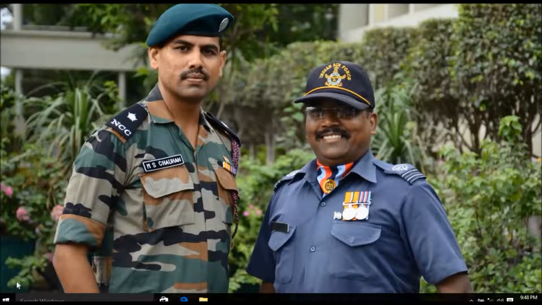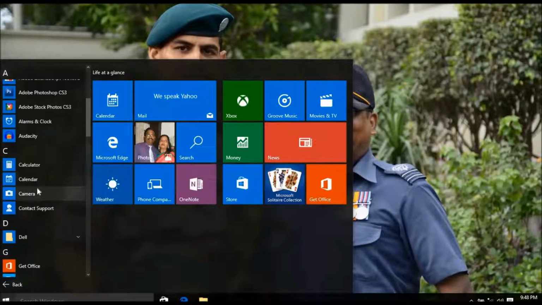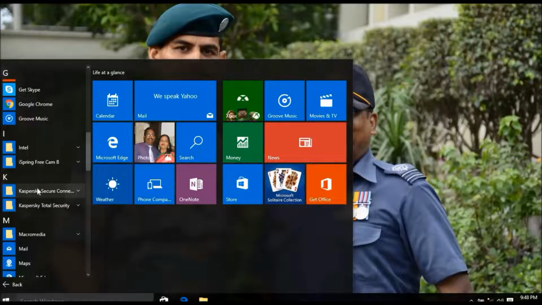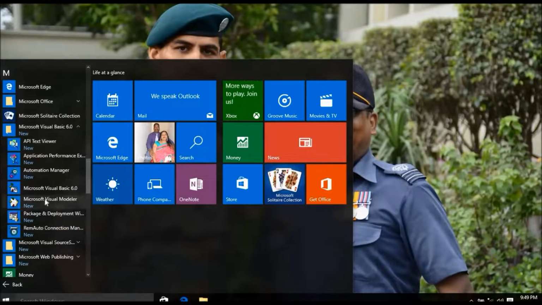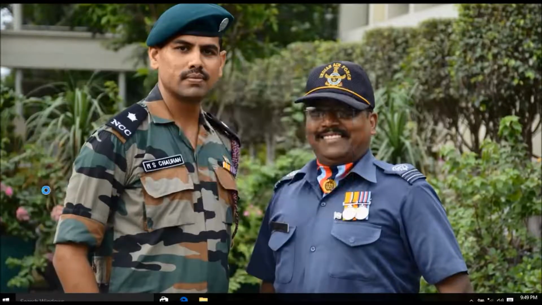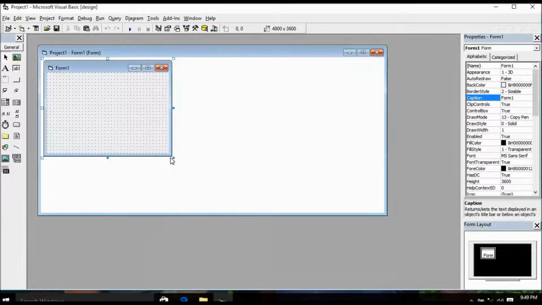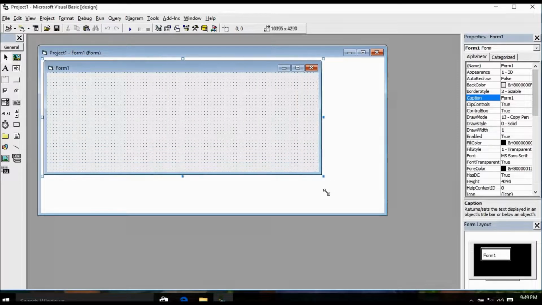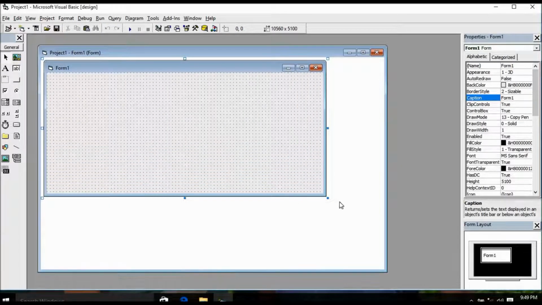We have done that, but now today we are going to start a program, and the topic of that program is show and hide an image. So I will open Microsoft Visual Basic, Standard EXE, open. So students, this is the form where we are going to design our interface,